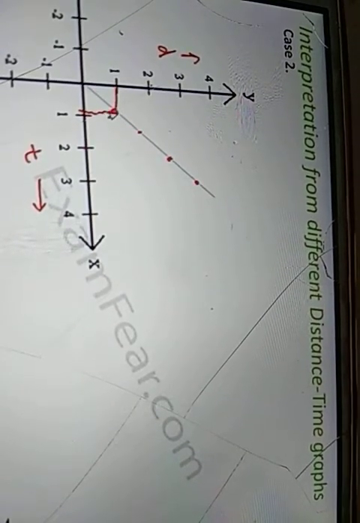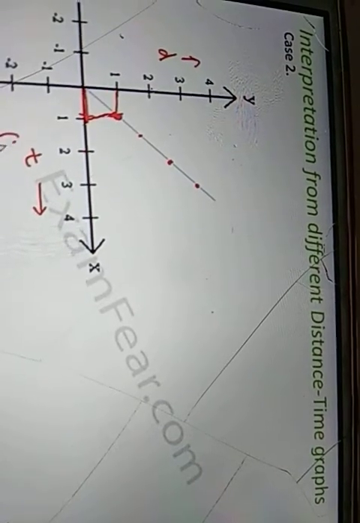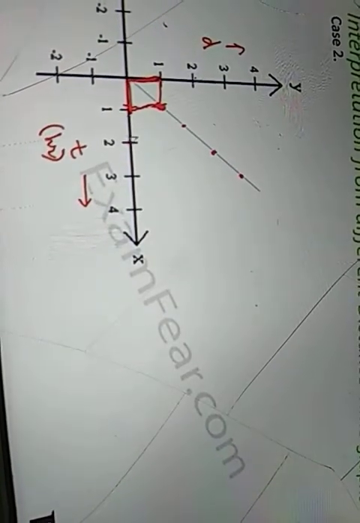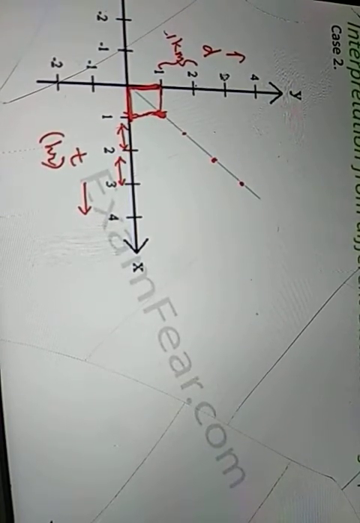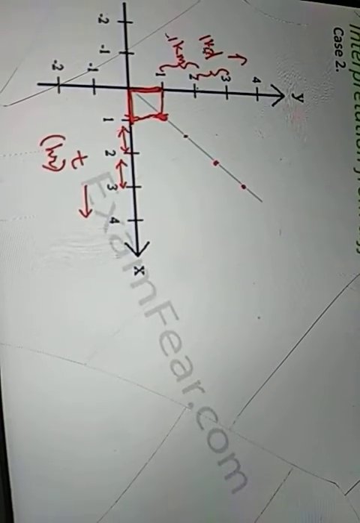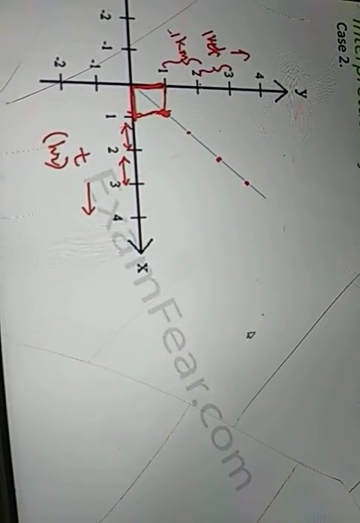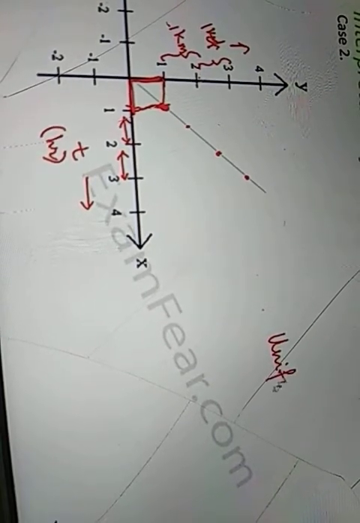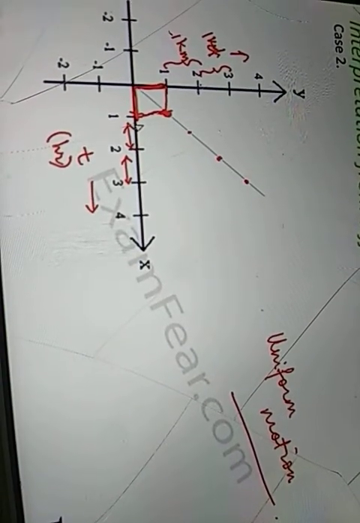And also here you see that in the first interval of time, that is in 1 unit of time, if we say that this is an hour, so in the first 1 hour it traveled 1 kilometer. In the second 1 hour, it traveled again 1 kilometer. In the third 1 hour, it traveled again 1 kilometer. So it is covering equal distance in equal intervals of time. That means the body is in uniform motion. Just looking at the graph, we could say that the body is in uniform motion.